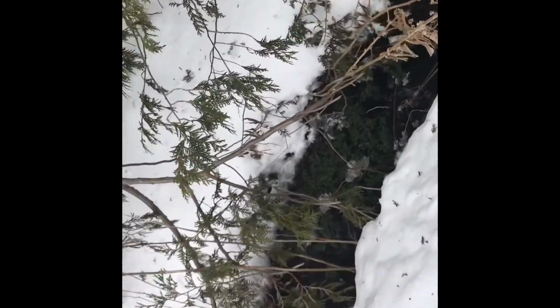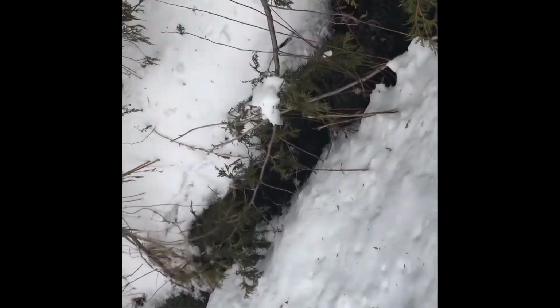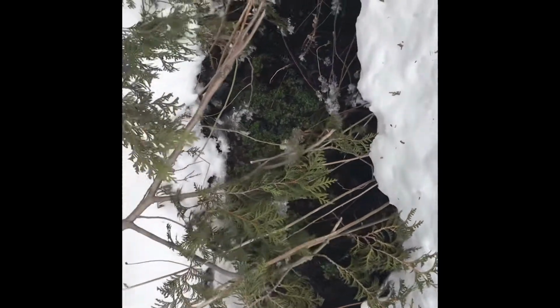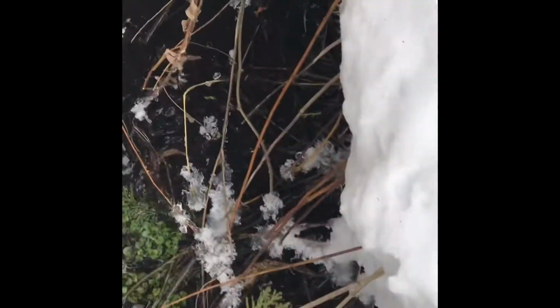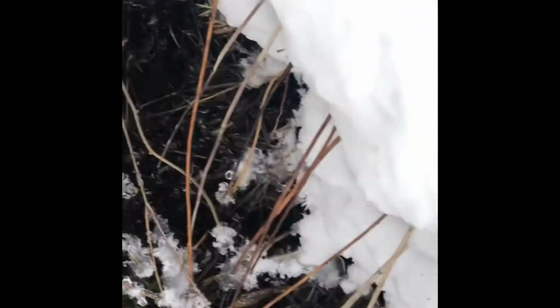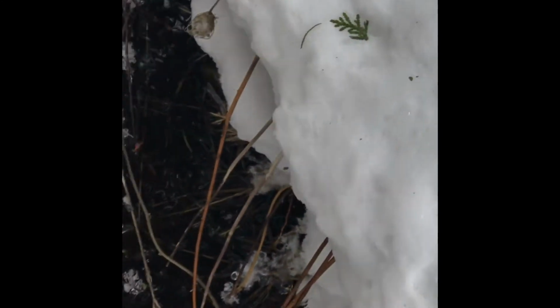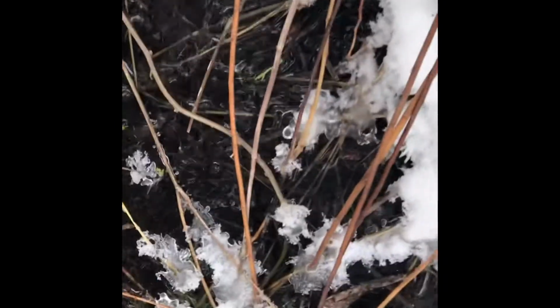Since I guess late fall, early winter, when all the greenery that was here fell away, these are the sticks that remain, the stems that remain. And before you couldn't even see this water ditch. Now we have a really clear look into it, and we can see the lacy outlines that form along the edges there. The shapes are always different, the edges are always different, and they can make interesting shapes, especially since the water appears so dark, that they can become their own type of